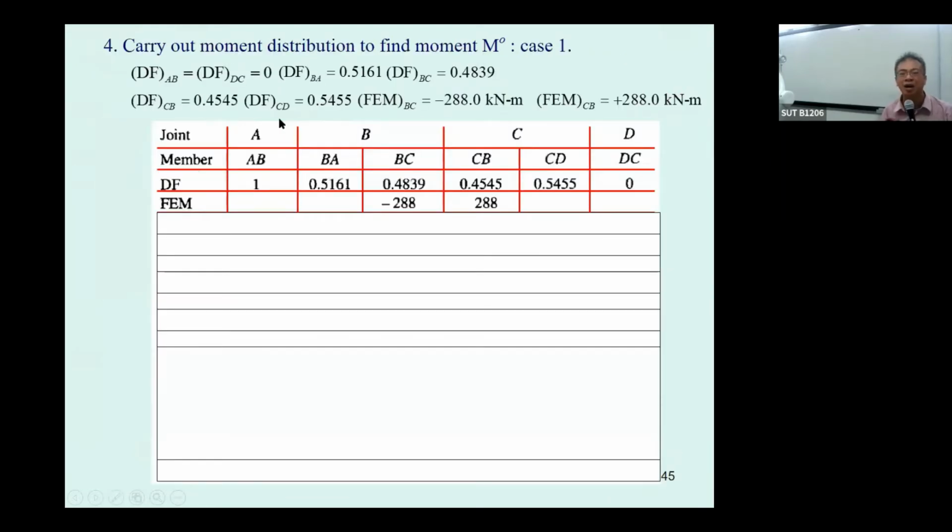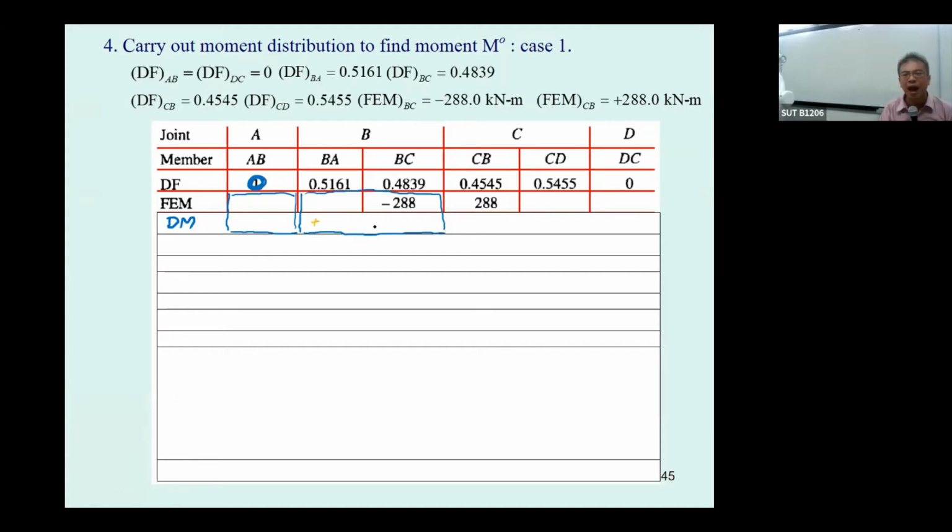And then we are ready for the moment distribution. We plug the distribution factor and the fixed end moment into our table, and the first one is going to be the distributed moment. Oh, this is wrong, this is going to be 0. You plug this one in and consider the equilibrium of each joint. Okay, this one is fine, there is nothing. How about this one? This one you are going to require positive